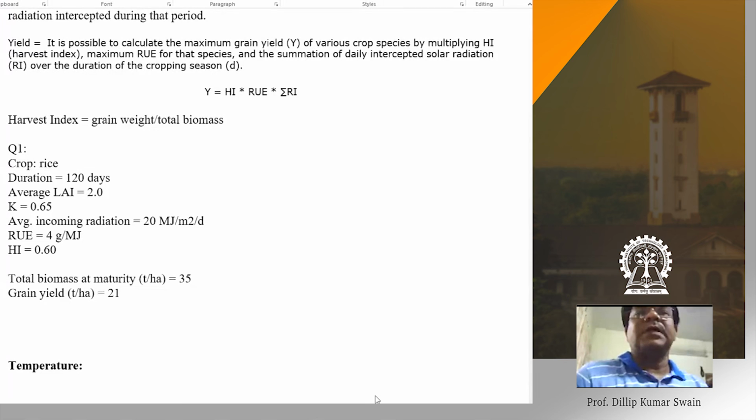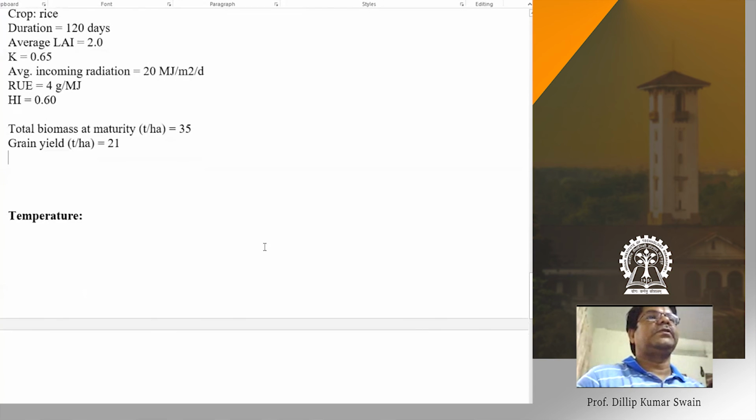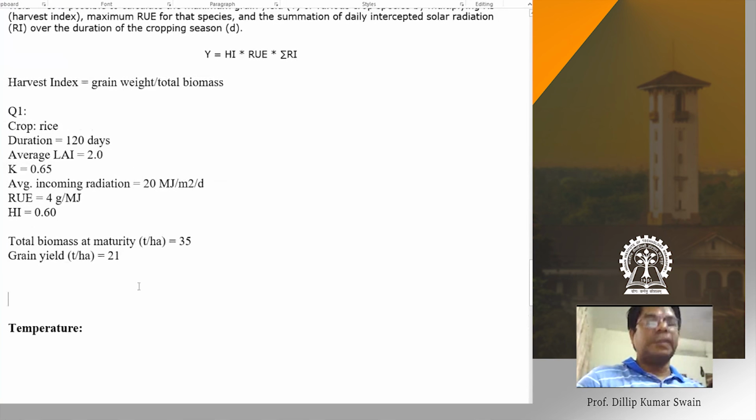Well, if you are getting that answer with no deviation, I think you have understood this. If somebody is getting a different answer, they have also definitely understood, but if something is wrong in the calculation, you can check it. Or if anybody has any problem or doubt, I will be able to clarify. Any further doubt? Okay. So I will go to the next topic, temperature.